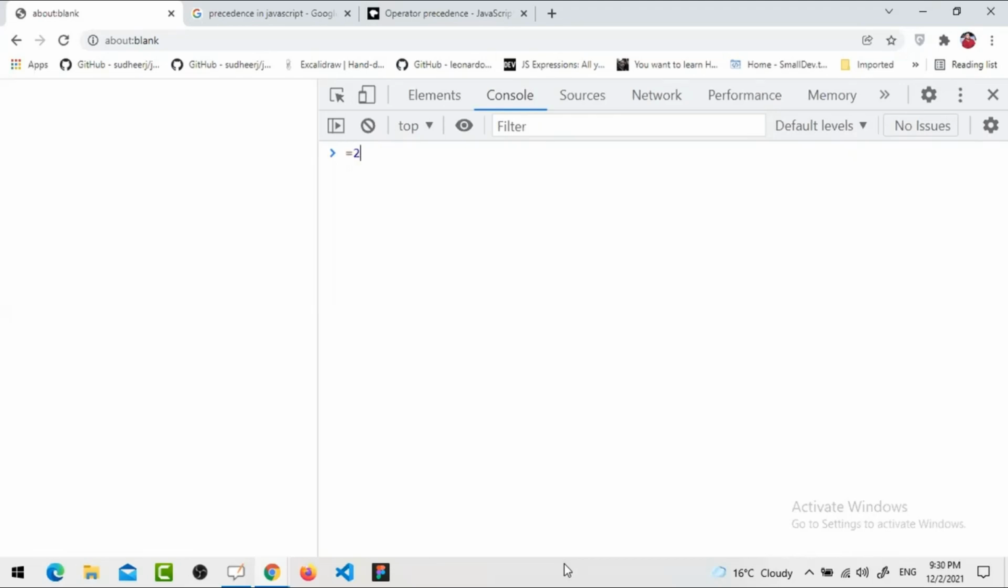So tell me, if I'm writing 2 and 1, what will be the output? Anyone can tell me? One. No. Anyone else? If I'm writing simply logical AND like this, then what will be the output? I think it will be one. Yes, exactly. But if I'm writing 1 and 0,